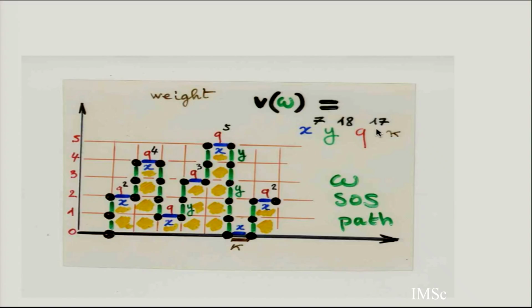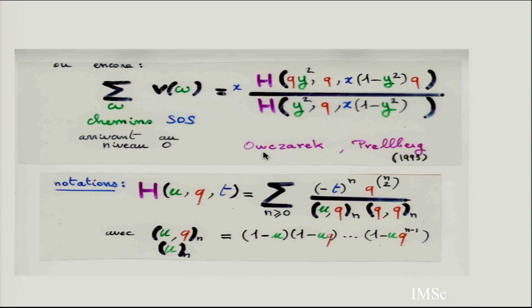And the weight is this. So this was by physicists in Australia, in Melbourne, of the Rag and Prelberg. There are many papers, and this is one of the papers where they give the geometric function for such path. The sum of the weight with the 4 variable is given by this, where h, you see, is almost the